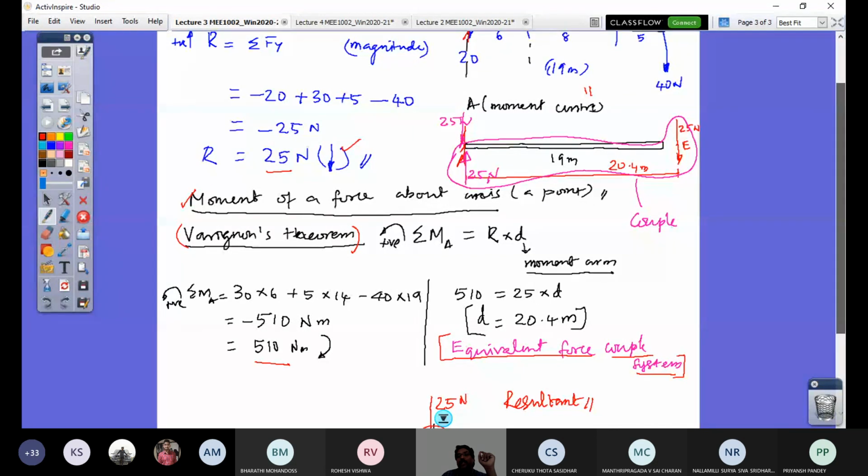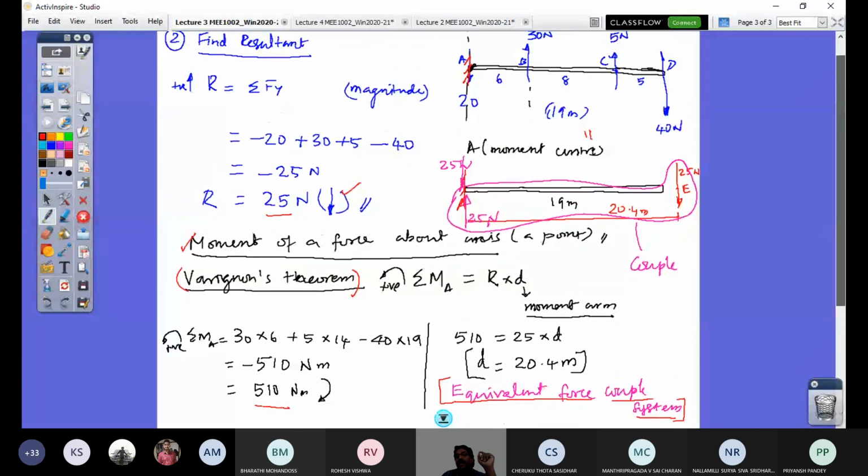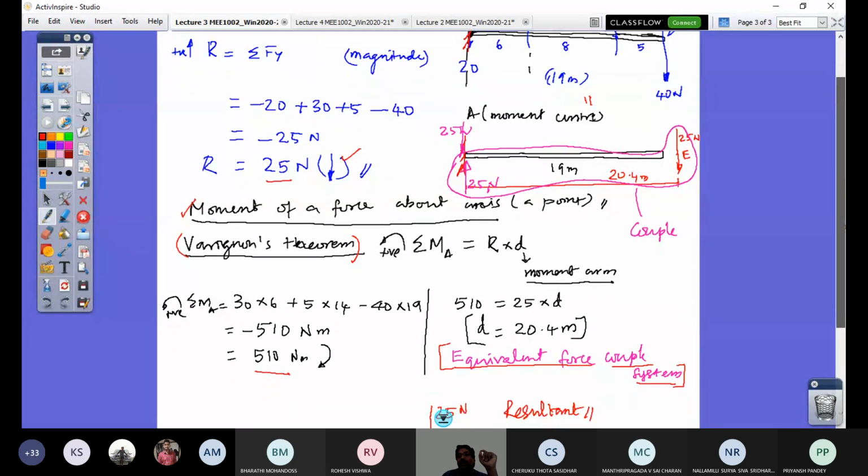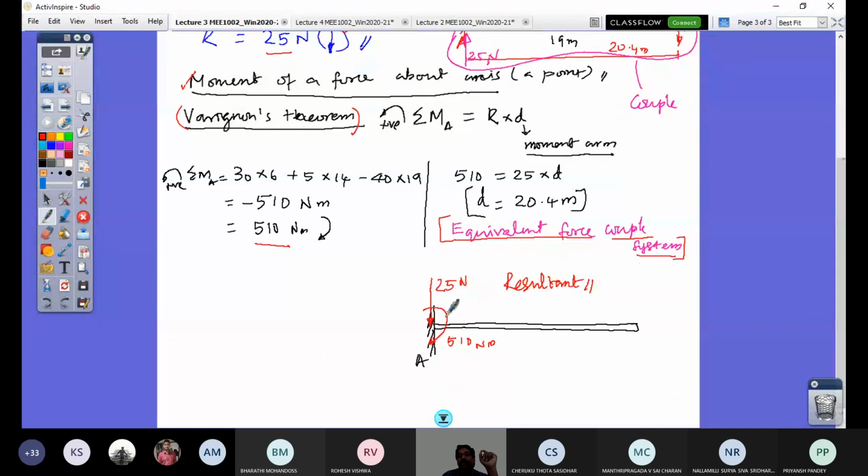A body cannot be free in space. It has to be appropriately constrained for the requirement. So that essentially says this member can be supported, can be considered as a cantilever beam, and with these four loads, the resultant can be represented conveniently at the support point A. Right? So this is the summary of this.